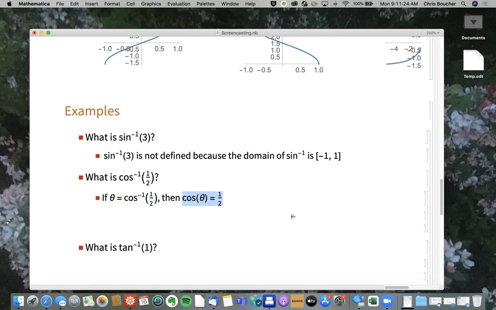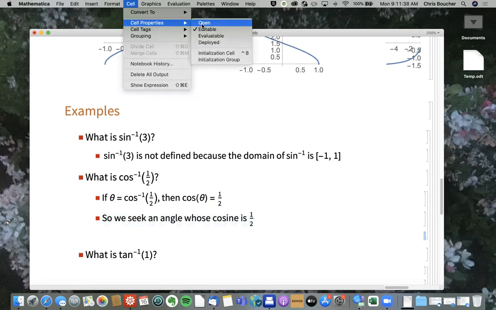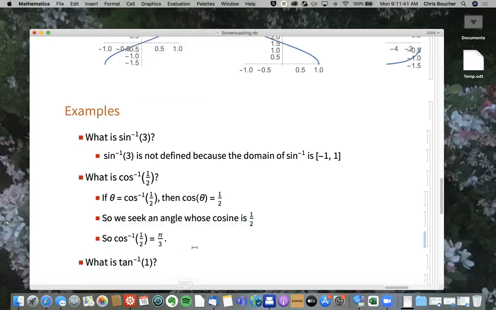And of course, we can. From our experience with sines and cosines in previous videos, we know that there are many angles whose cosine is 1/2. So this is just repeating what I just said. Seek an angle whose cosine is 1/2. Pi over 3 is one example, so cosine inverse of 1/2 is pi over 3. To elaborate a little bit here,